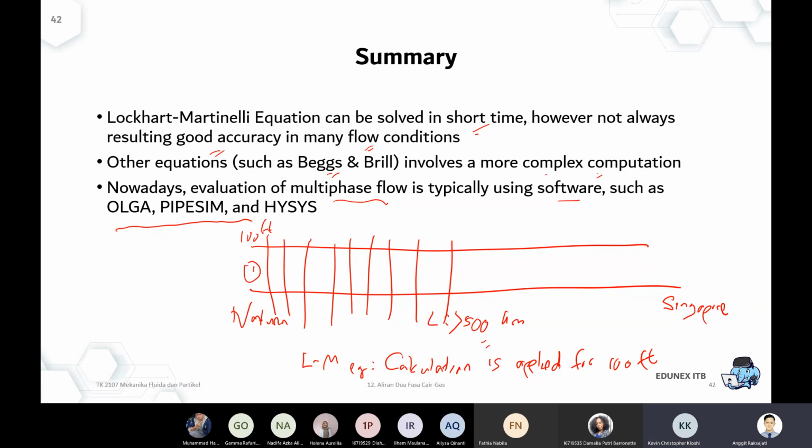All good so far, sir. Okay, if everything's good, that means I will wrap up my class. We finished the two-phase gas-liquid flow, and that's the end of the topics for the second module exam. After the second module exam, there will be another mixed phase flow, but that's for solid-liquid flow, not gas-liquid. That will be covered in the third module.